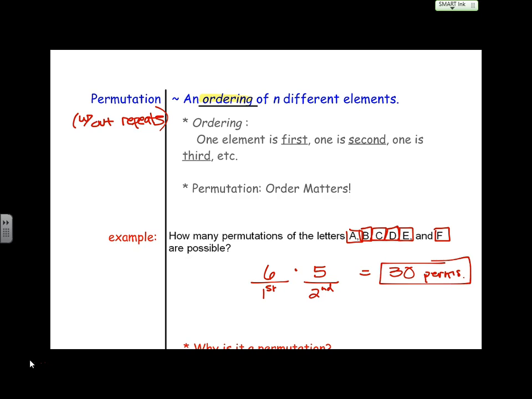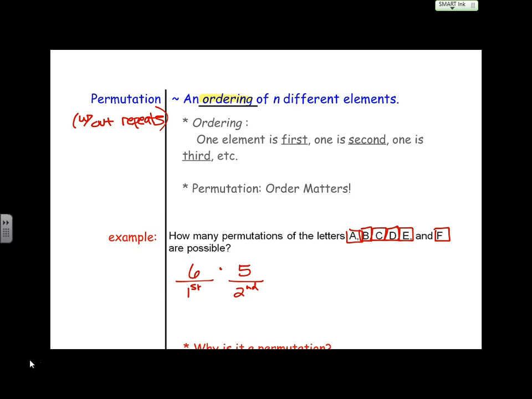Oh, so you're doing all of them. Oh, sorry. I'm solving the problem I was going to write down below. You're arranging all the letters. Thank you, thank you, thank you. They did not specify only 2 letters. I apologize. That was my next example that I was supposed to write down. Sorry. 3rd, 4th, 5th,